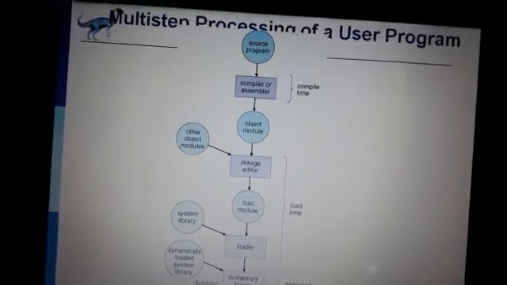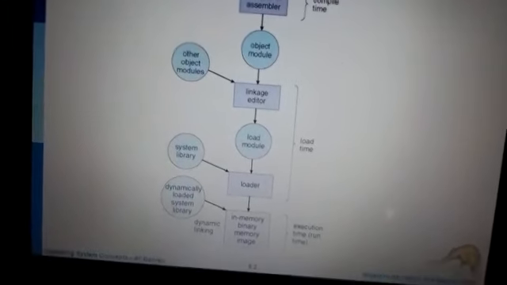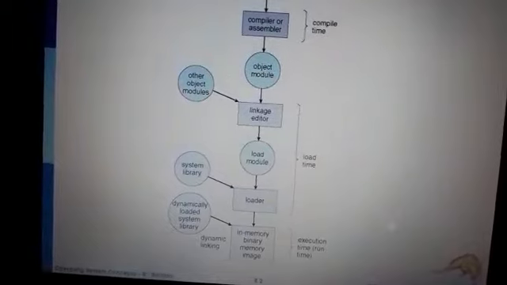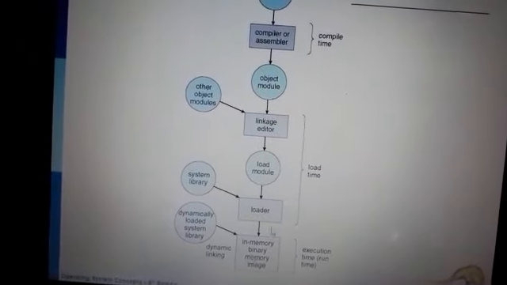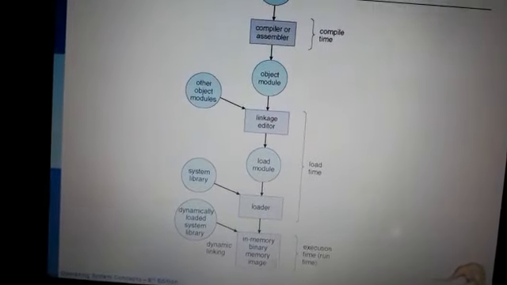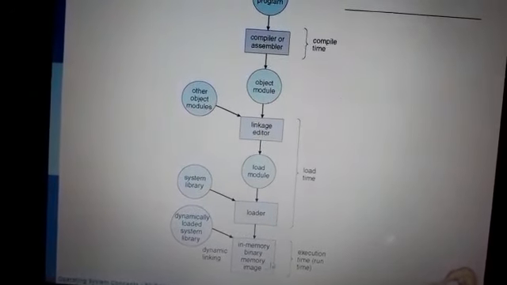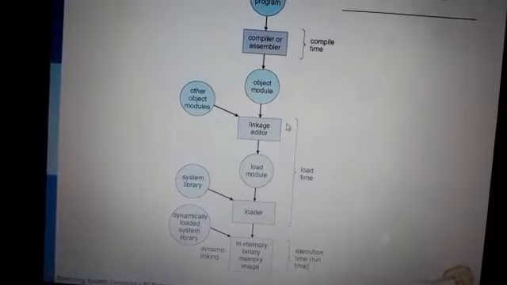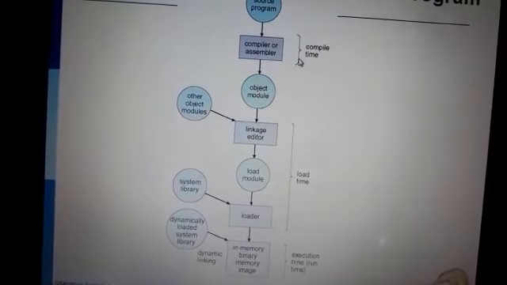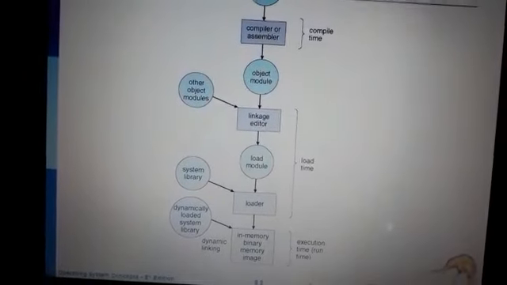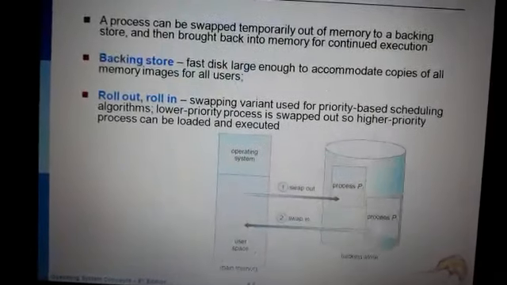At the end you will get the runtime, or execution time. This ending part of the multi-step processing of a user program is termed execution time. So there are three steps involved in multi-step processing of a user program: compile time, load time and execution time.